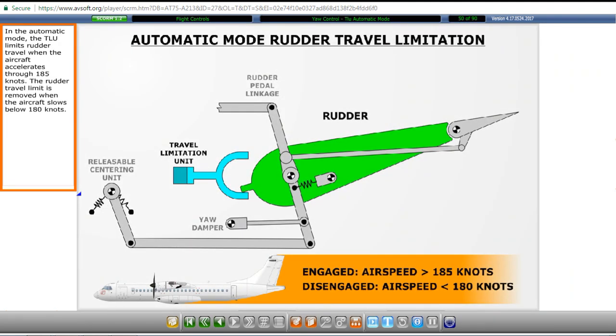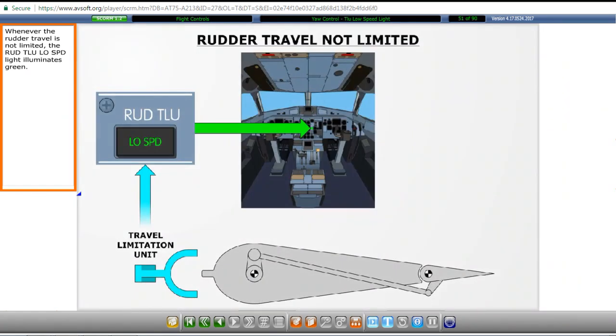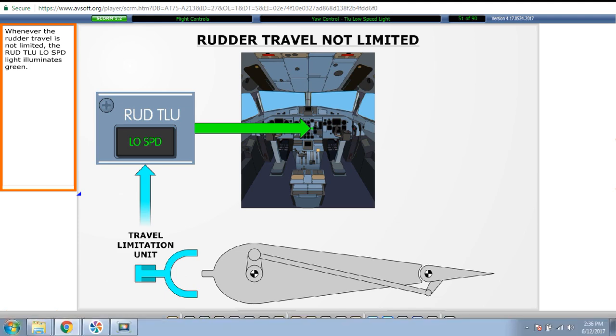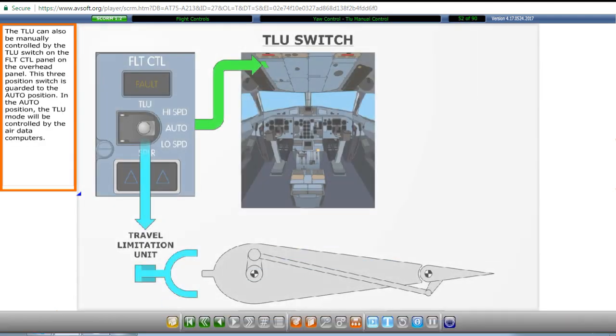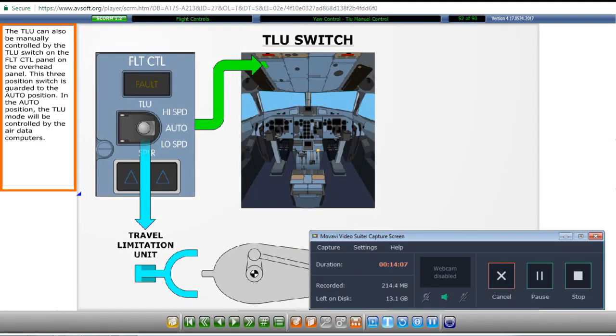In the automatic mode, the TLU limits rudder travel when the aircraft accelerates through 185 knots. The rudder travel limit is removed when the aircraft slows below 180 knots. Whenever the rudder travel is not limited, the rudder TLU low speed light illuminates green. The TLU can also